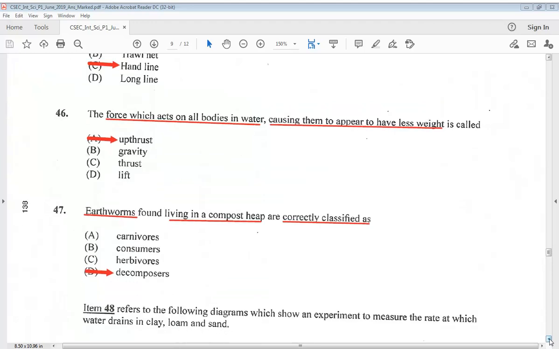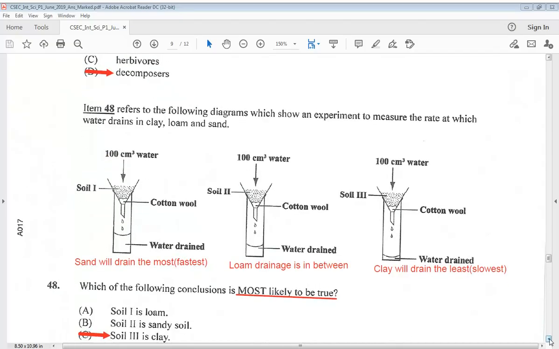46 says, the force which acts on all bodies in water, causing them to appear to have less weight is called? The answer is A. Upthrust. 47. Earthworms found living in a compost heap are correctly classified as D. Decomposers. 48. Item 48 refers to the following diagrams, which show an experiment to measure the rate at which water